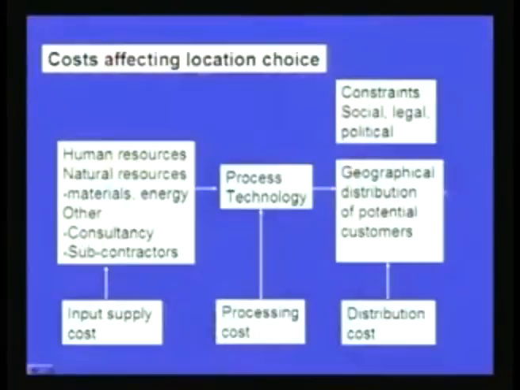But it is not as simple as depicted in this diagram. There are so many different factors that have to be considered. Those different factors, when we consider them judiciously and give adequate weightage to them, would lead us into profit maximization. Some of them are there on your screen if you have given attention. There are other constraints as well, which can be social, legal, political. All this we have discussed in detail in our lecture 1 on facility design.